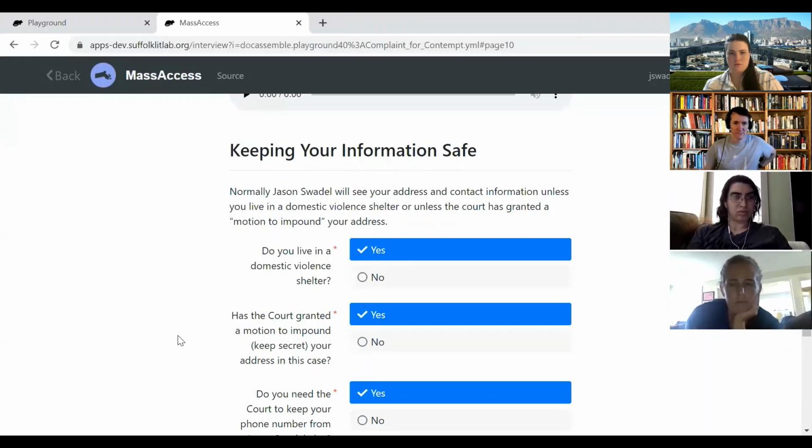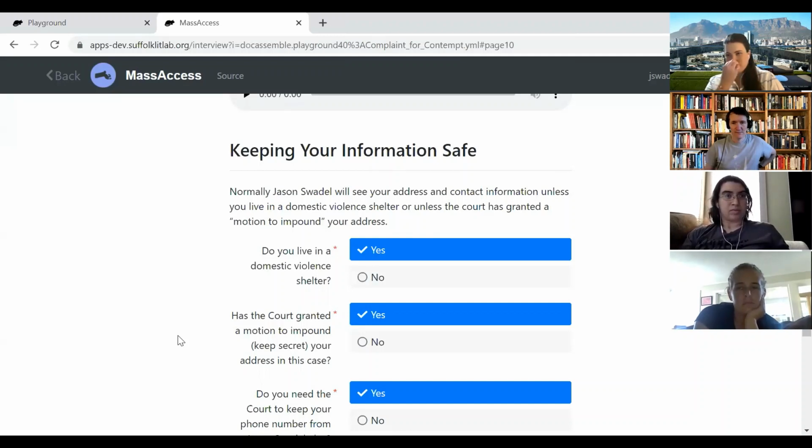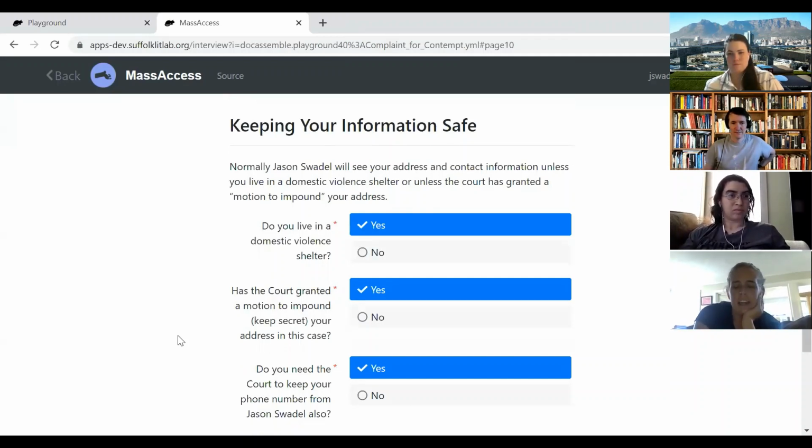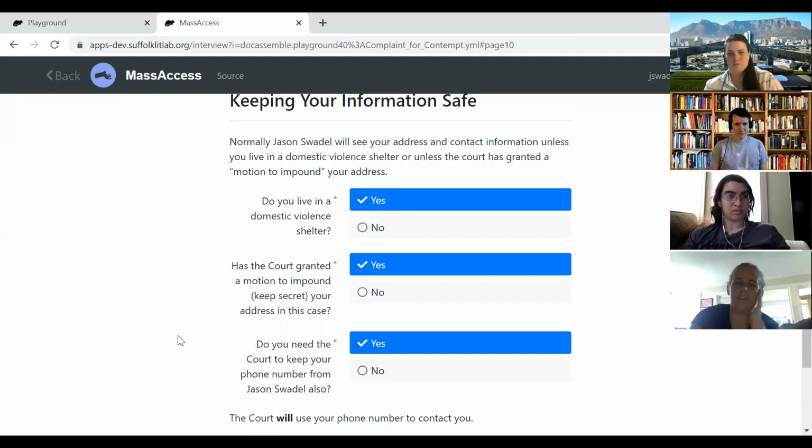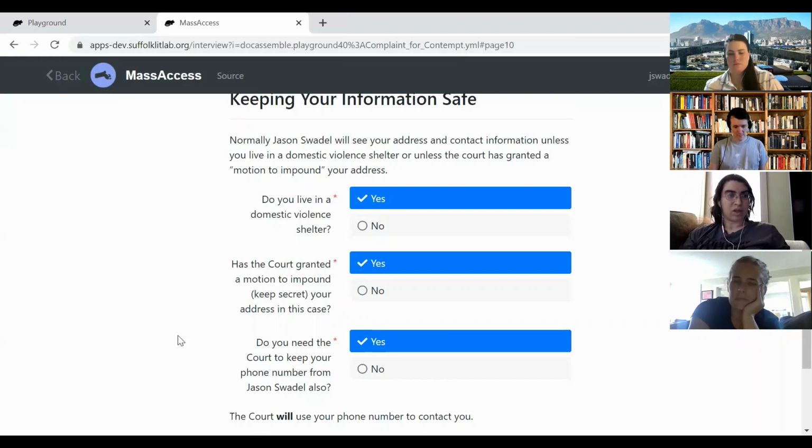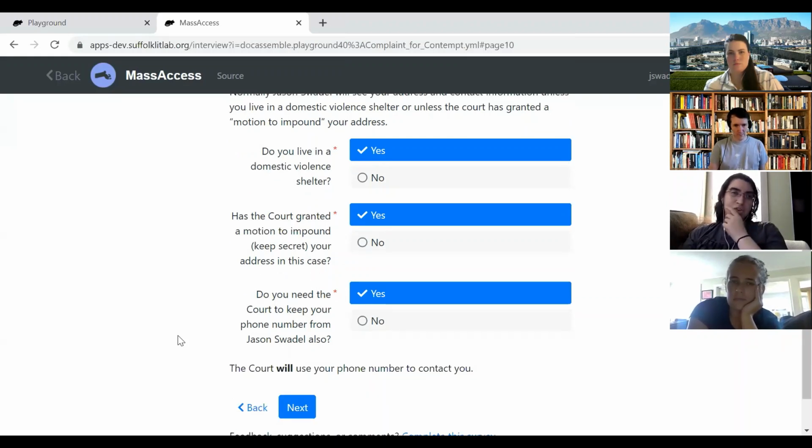If you don't know they've granted a motion to impound, you won't know they've kept it secret. You don't have to explain what a motion to impound is, because you had to file a motion called motion to impound to make this happen. And it might even be confusing to say keep secret. So maybe capitalized Motion to Impound. Well, because it's an actual motion you had to file, you might as well use its name, maybe put it in quotes.